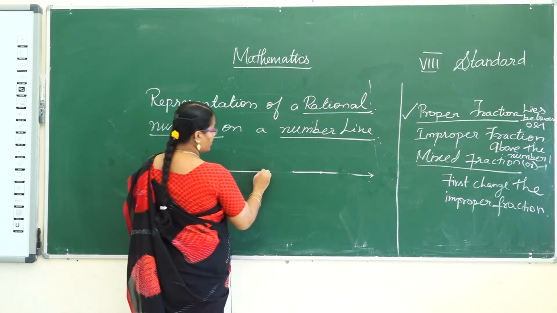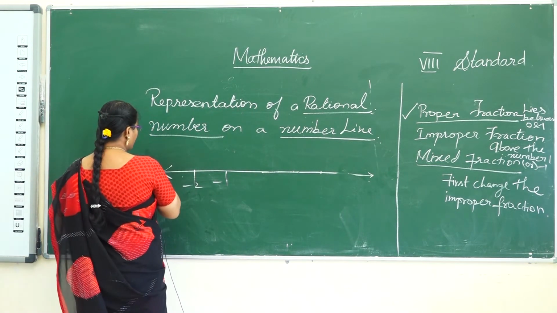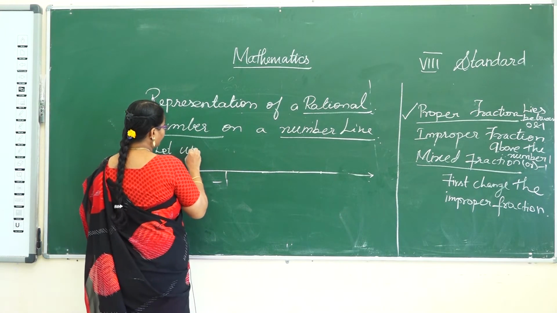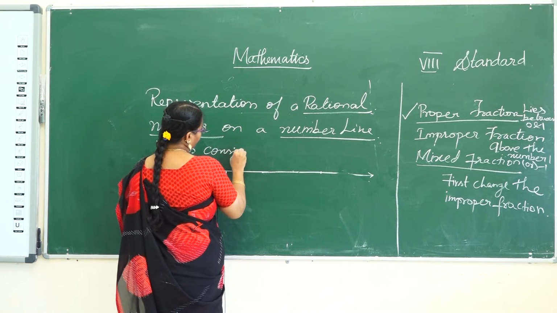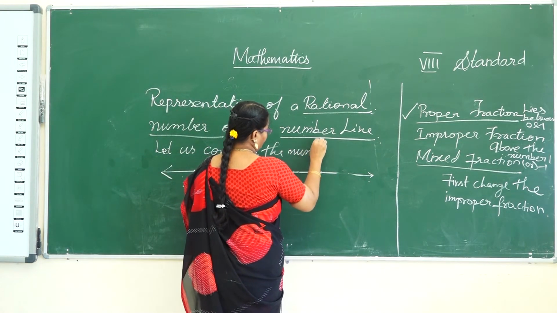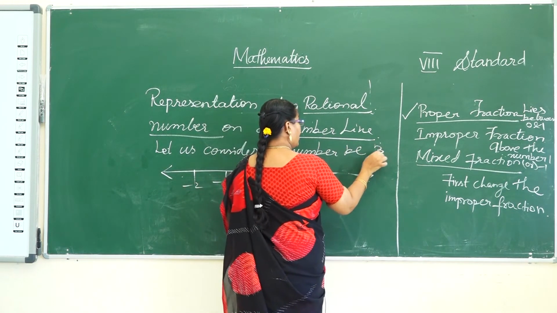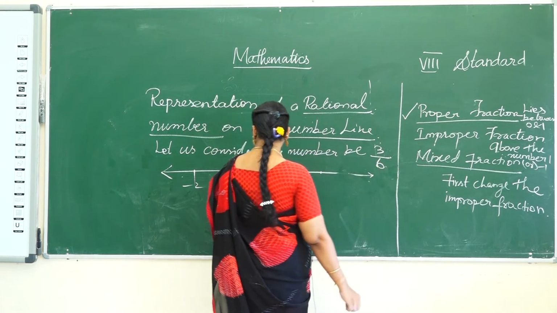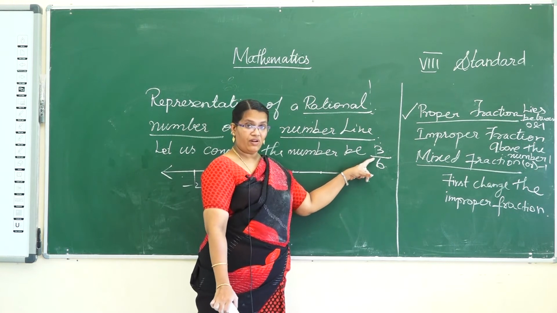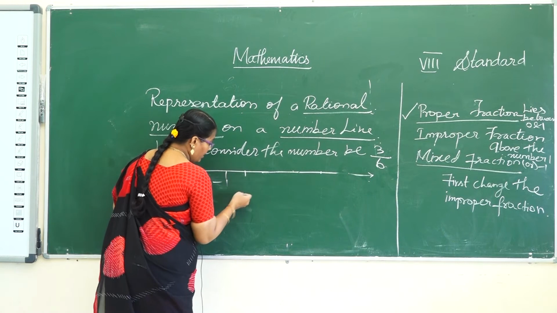So first, see the example for the proper fraction. A proper rational number is given. Let us consider number B, 3 by 6. 3 by 6 is a proper fraction. So, in this place, we will put the center as 0, and then